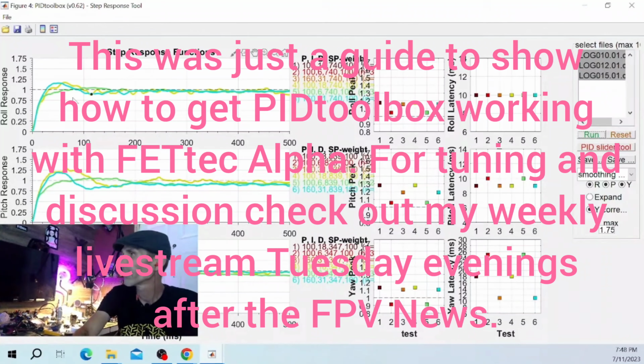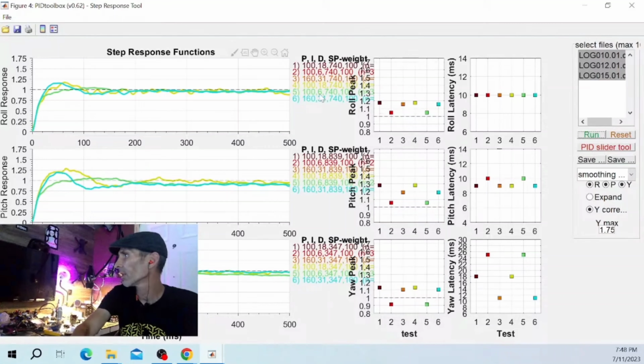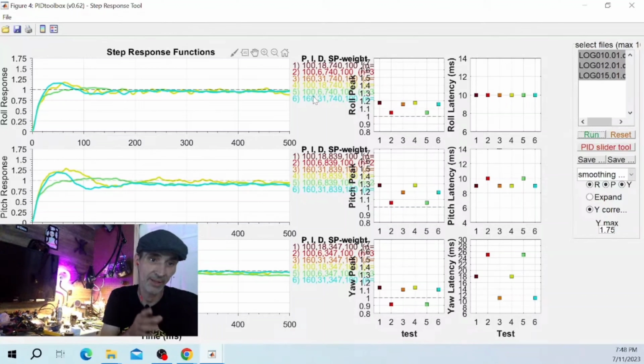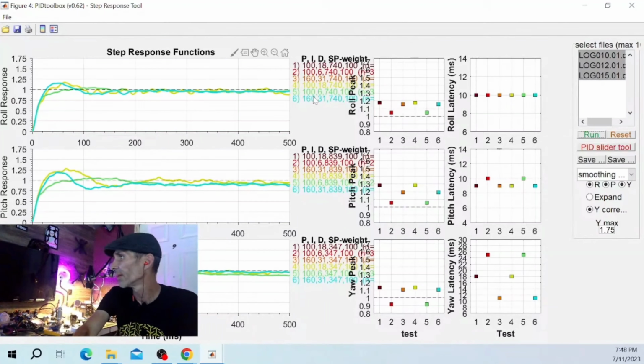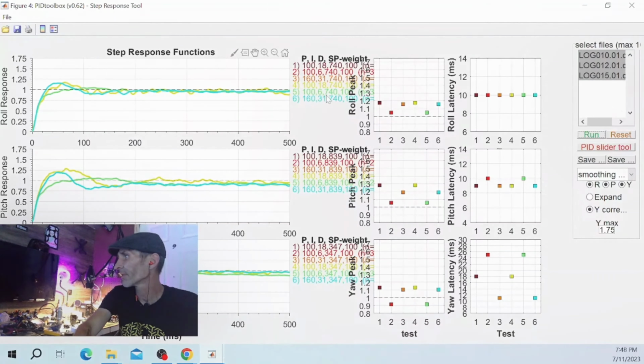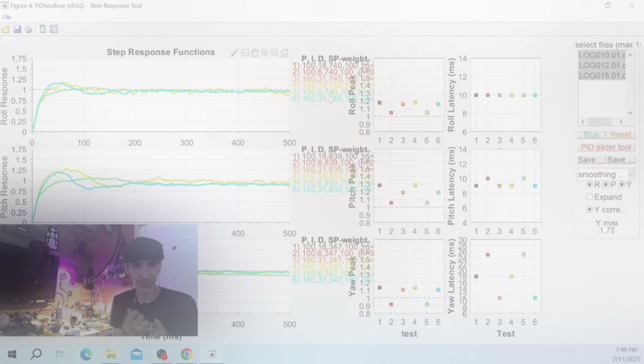So if you notice here on the green one, look at these PIDs I was using, by the way. Wait till you see the PIDs I ended with. I was all the way down because I was afraid of increasing my D-gain